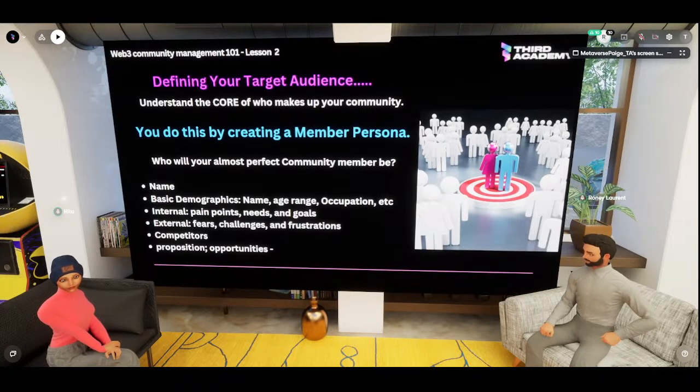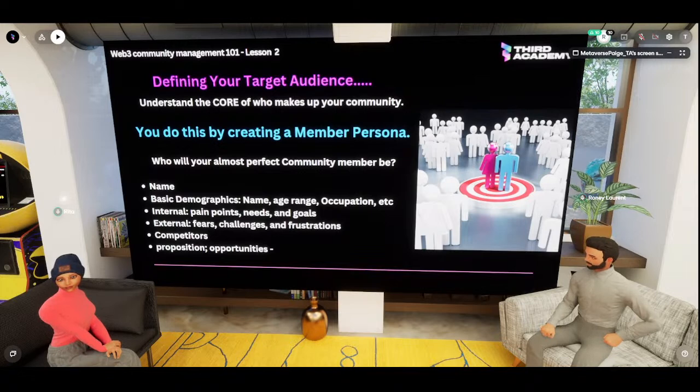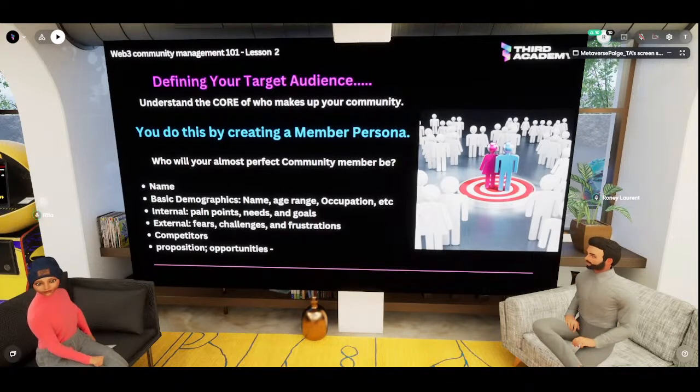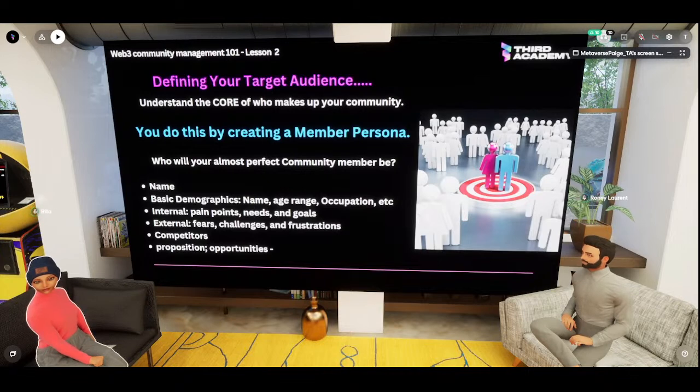One of the propositions that I would use would be that Third Academy is a free and accessible Web3 educational platform that provides comprehensive and easy to understand education on Web3, right? So I have multiple propositions, but that is just one of them that I would use to attract members into my community.